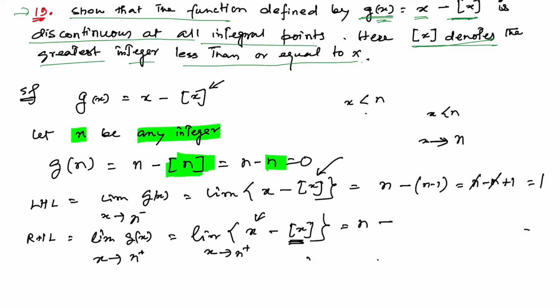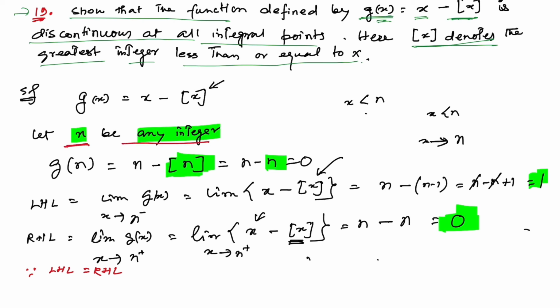That is why the limit of this greatest integer function when x tends to n positive will be n. So, n minus n is equal to 0. As you can see clearly, the left hand limit and right hand limit are not equal, one is 1, another is 0. So, since LHL is not equal to RHL, therefore,